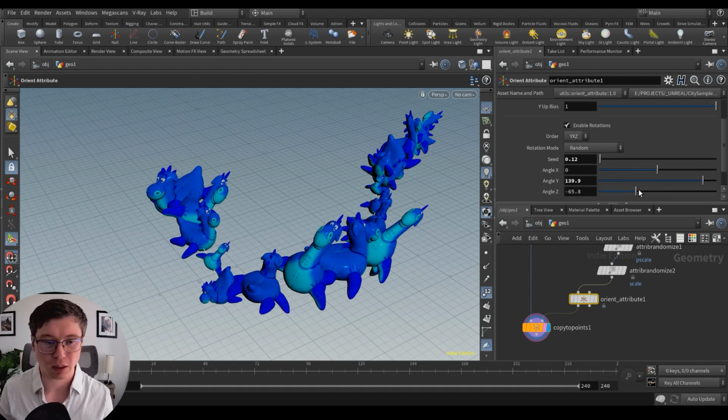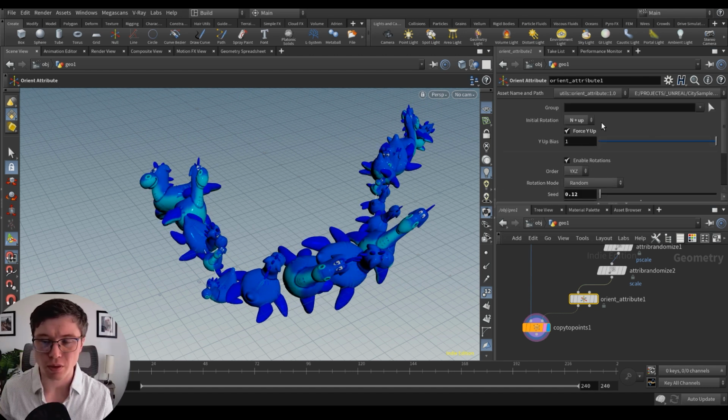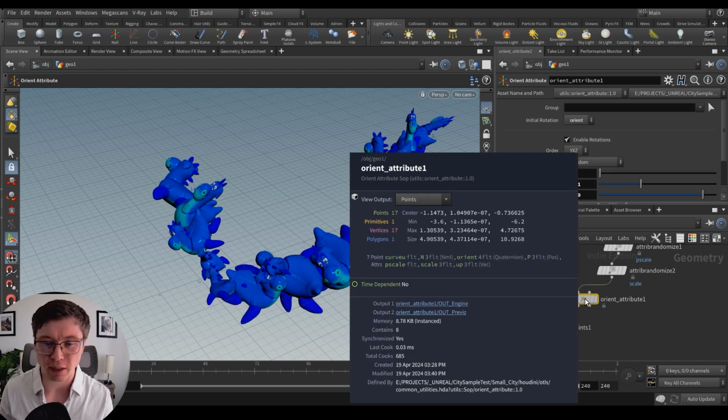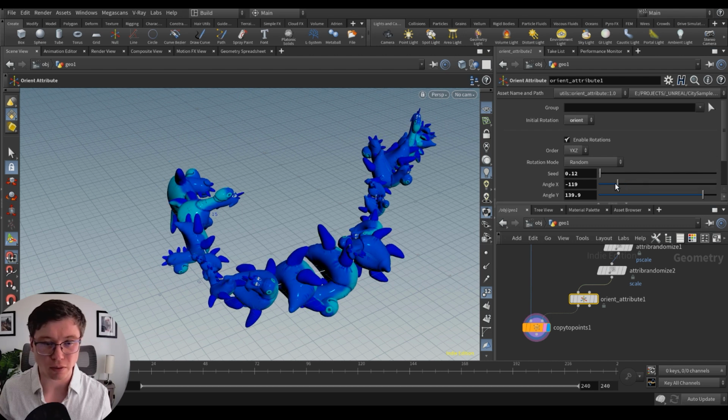So fun stuff. And you also have an orient mode, as I was saying. So you're not forced to actually have just n and up. You can also create an orient attribute, which is a quaternion. In that case, the instancing would take over the rotation based on the orient, and it would disregard up and n. So that's one important thing to understand.